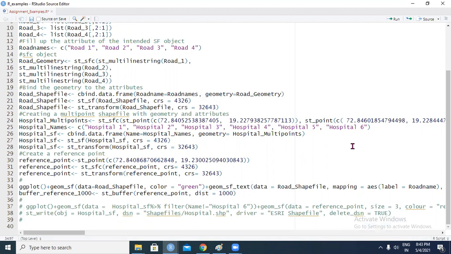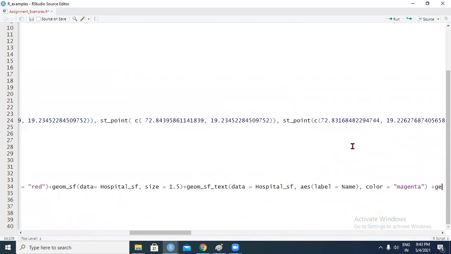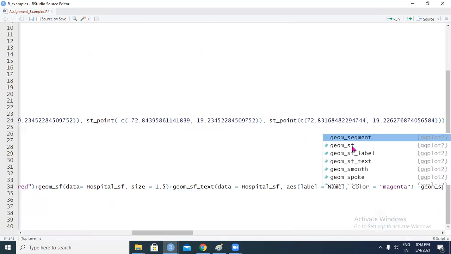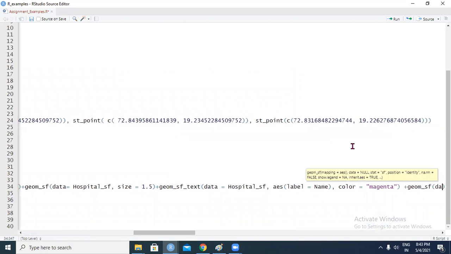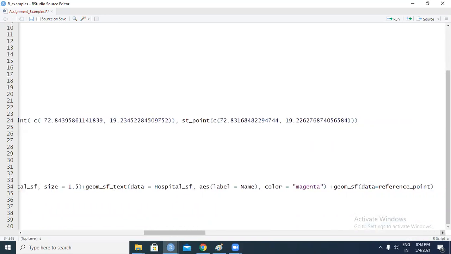Now what I'll do is plot it with the buffer. Plus geom_sf, data is equal to reference point. Whoops, it's not reference point, it's buffer.